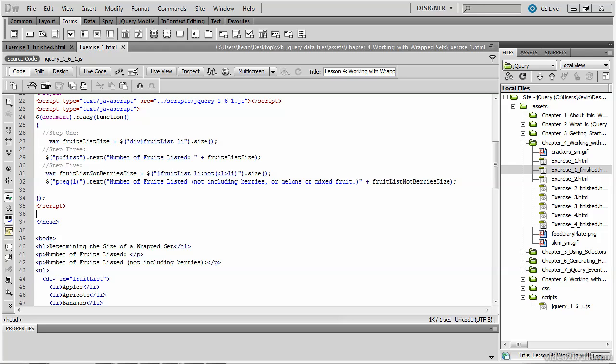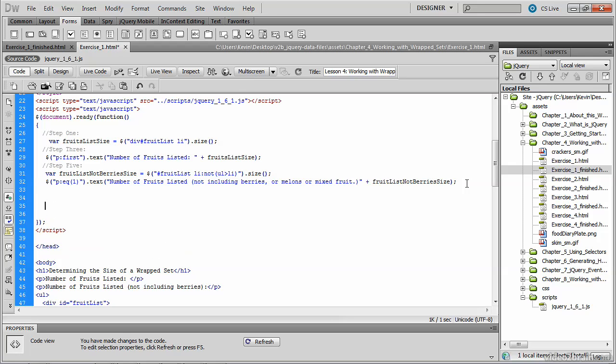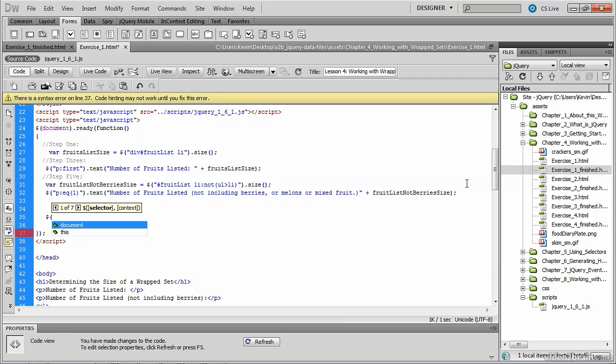So this prevents you from having to write more jQuery to make the first selection and perform some sort of action, go back and make the second selection and make some sort of different action. So we're basically making a chain of elements that we'd like returned to us by the jQuery method. I've opened up exercise_1.html, and I'm going to, underneath the existing calls to the jQuery method, call the jQuery method again, and I'll